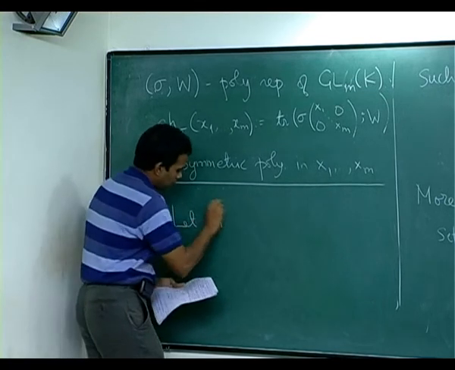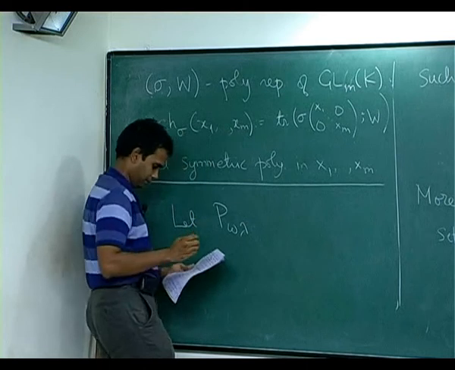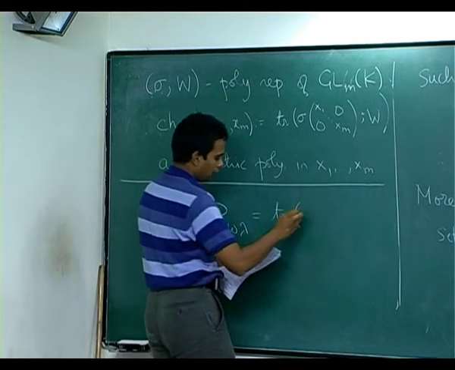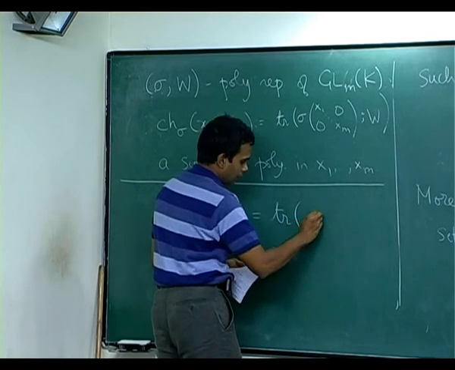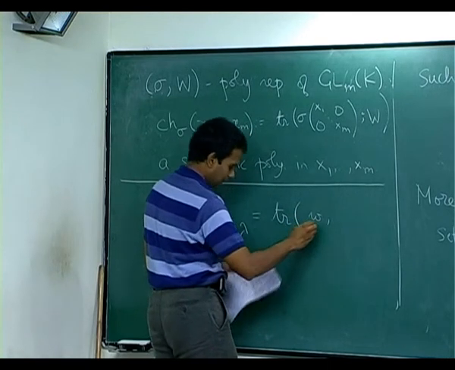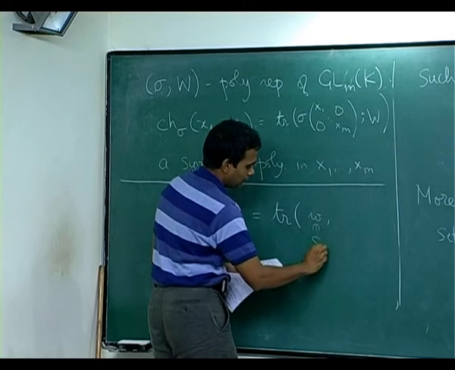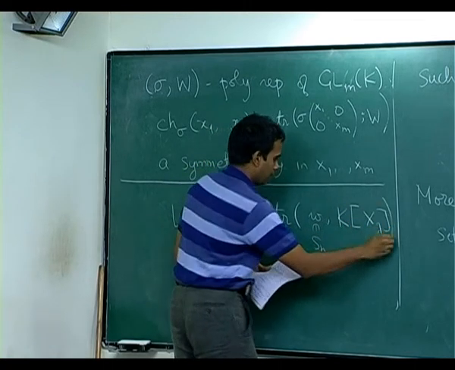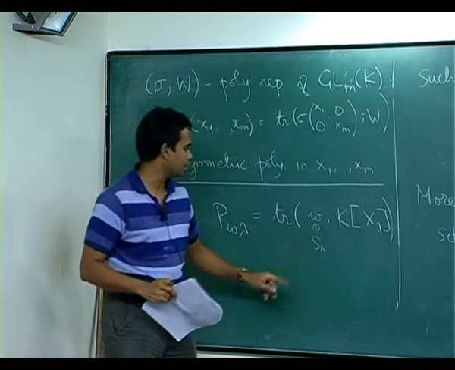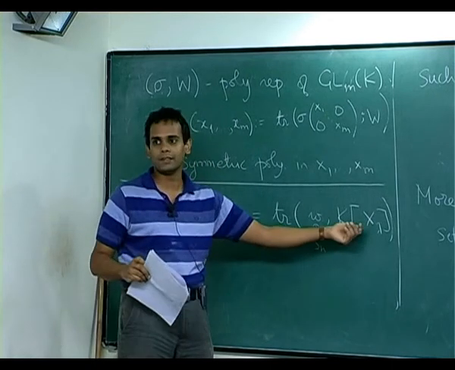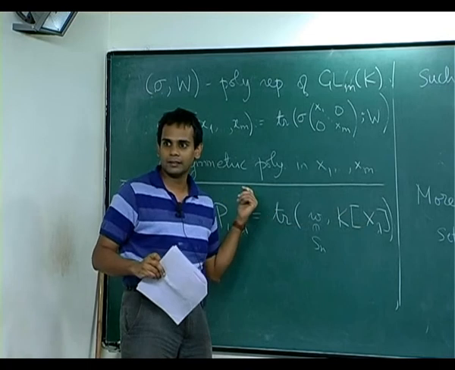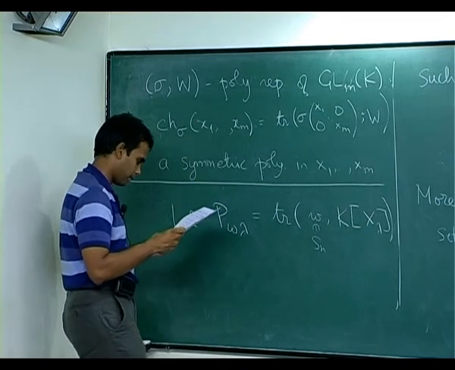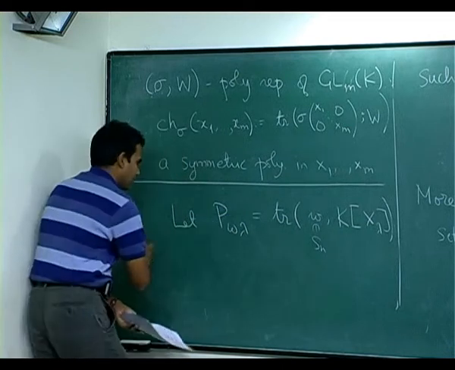Let p W lambda be the trace of w, which is in Sn, on this k x lambda. Since this is a permutation representation, this is just the number of fixed points in x lambda under the action of w, the number of w fixed points in x lambda. Okay, and then the lemma is